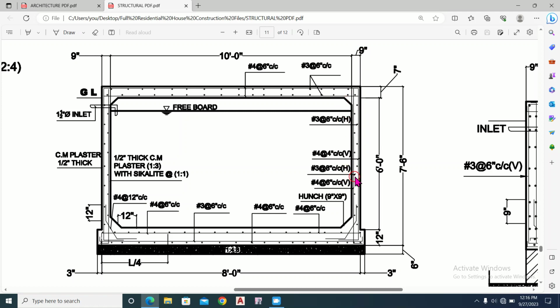And the detail of the reinforcement used in this RCC wall is that these vertical bars should be provided of number 3 bars at the rate of 8 inches center to center, and these dots represent the bars perpendicular to these vertical reinforcement bars. So it should be provided of number 4 bar at the rate of 4 inches center to center distance